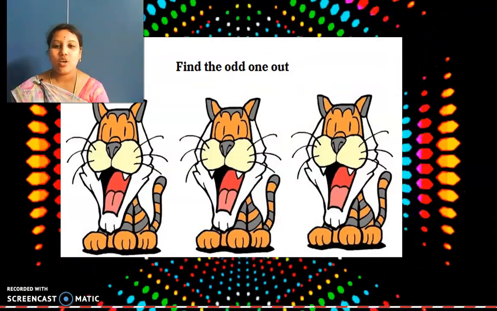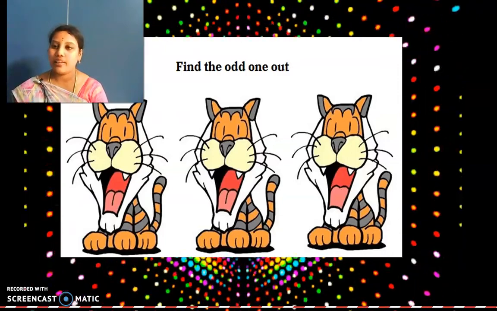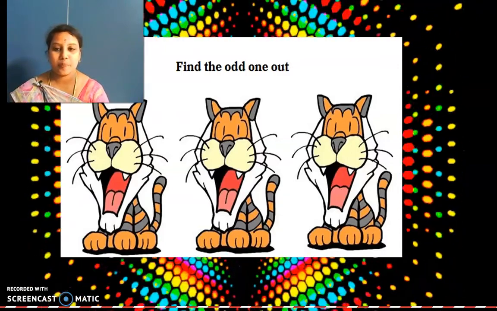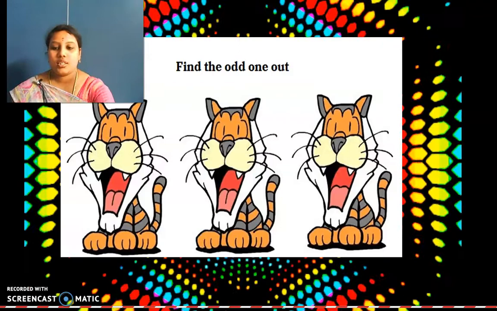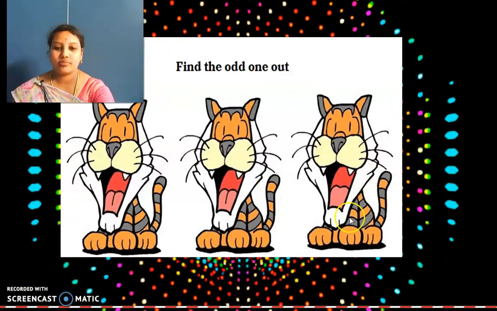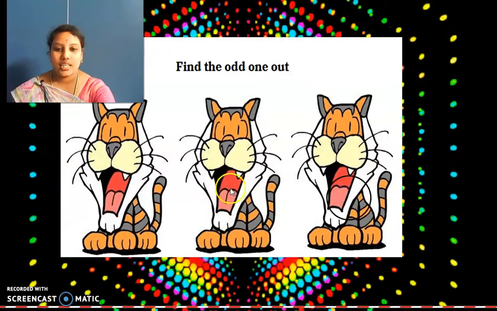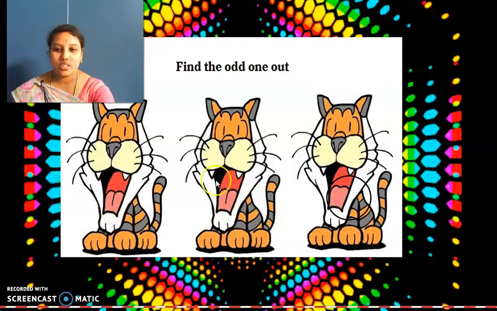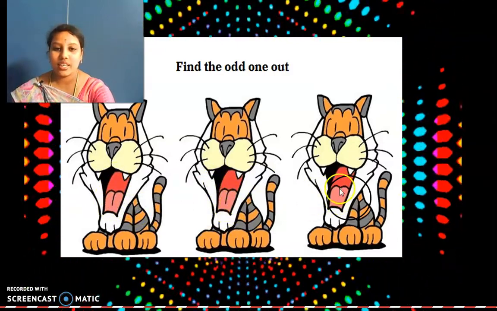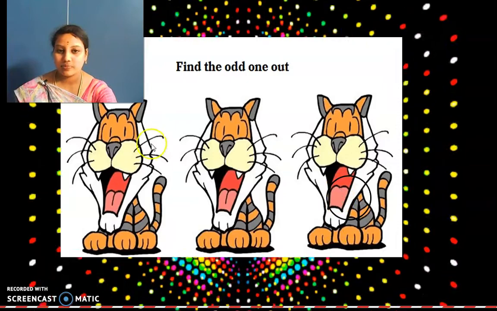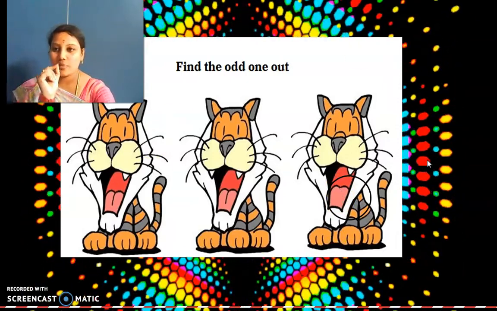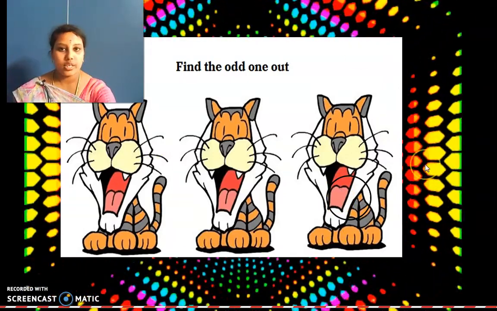If I tell you, you'll think, only this one. You'll tell like that only. It is like that, kids. Shall I tell you? See here. See the tongue. Can you see those lines on the tongue? But here it is not there. Correct, no? I told you, it is a small mistake. Shall we move on to the next one?